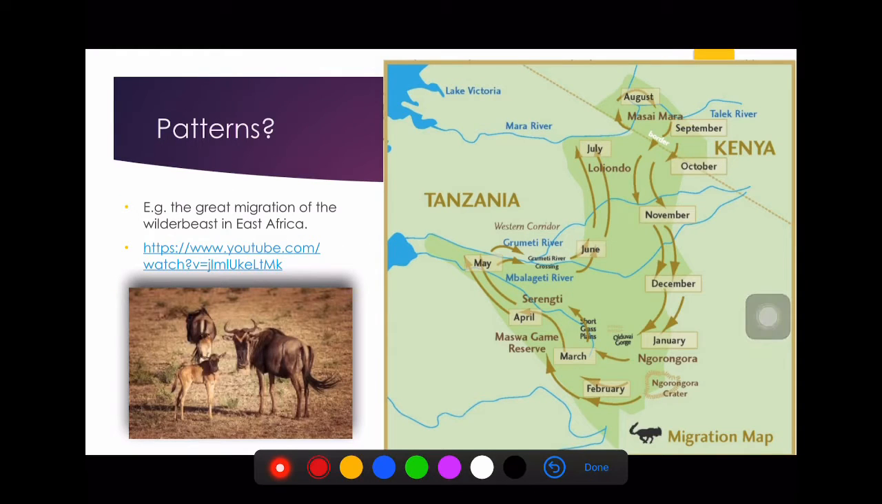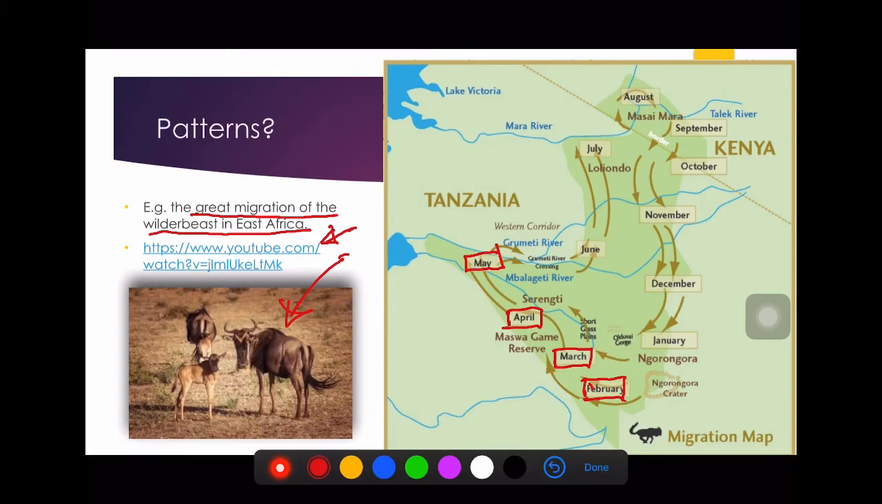Here's an example of patterns where it is the migration, the great migration of the wildebeest in East Africa. This is the map here, and this is the wildebeest. Okay, if you want to watch the YouTube video, you can watch it here. That's a link. They see patterns in the great migration of wildebeest in East Africa. So you can actually see it starts in February over here, and then March they are here, and then April they are somewhere in Serengeti, and then in May they have to cross rivers, big rivers,